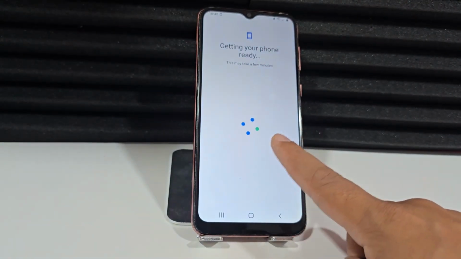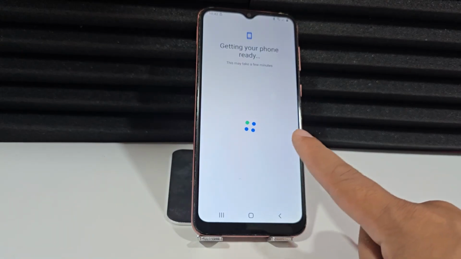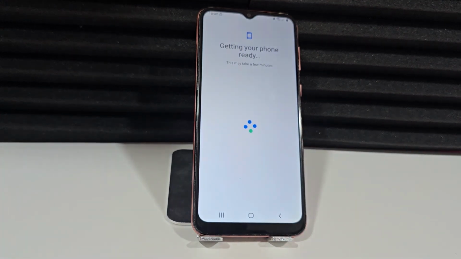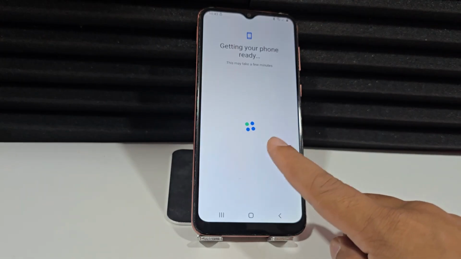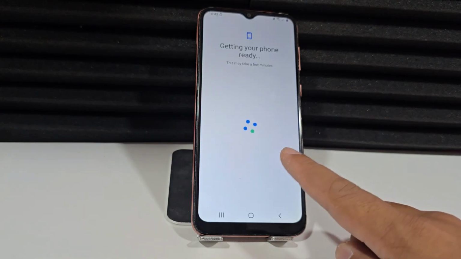Now we have to get to the point where the screen lock and the Google account will appear. When we get there, pay close attention, because what we're going to do is the following. Pay close attention, we're at the final step. Let's wait. We're going to wait here now. It's going to take us to that section, and we'll be finishing